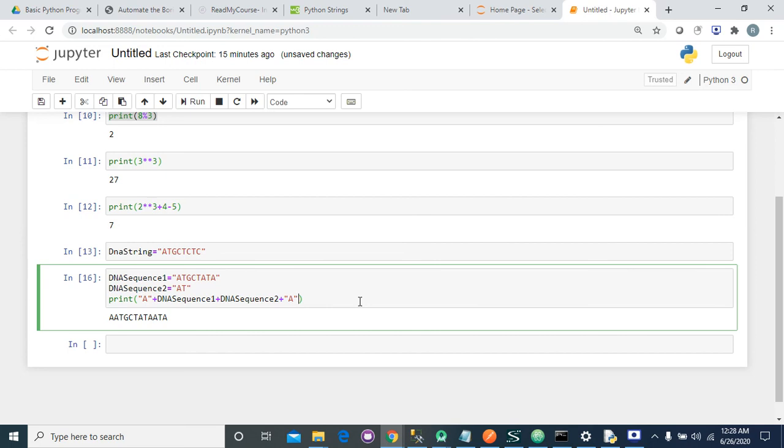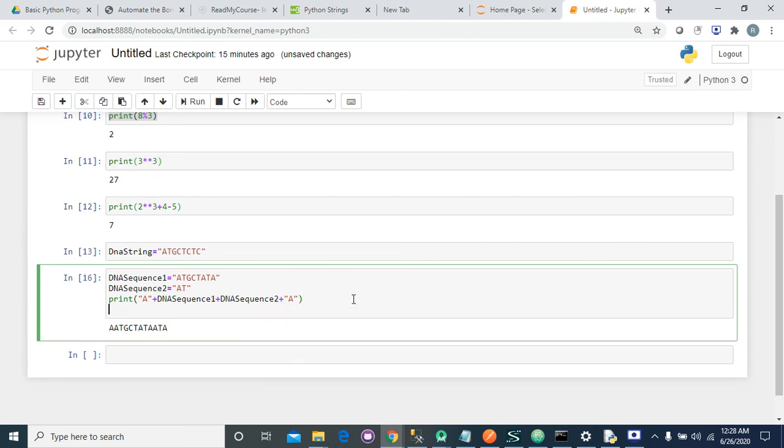Now, I have created a variable, result sequence, that will store the result.